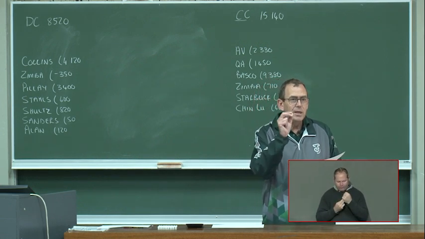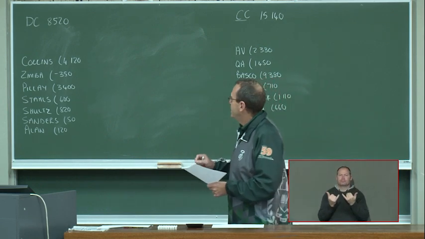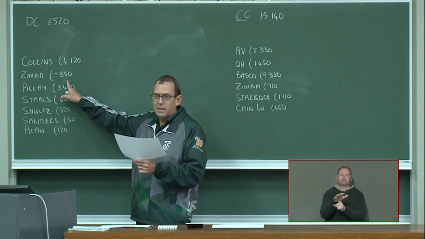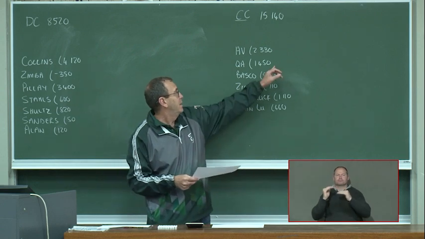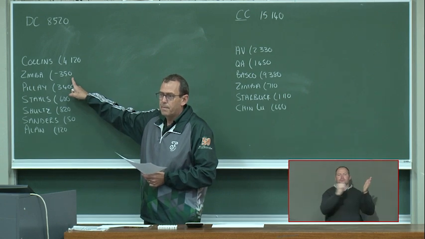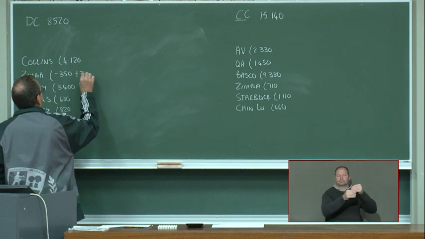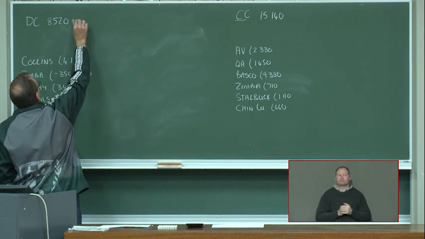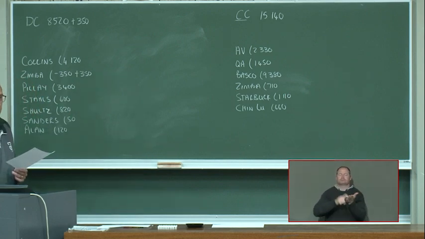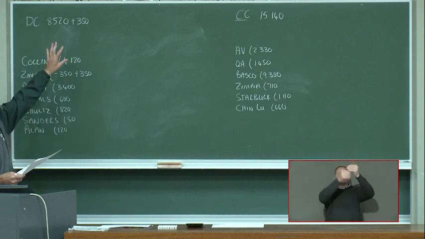And in this case, there must be an entry made, so that will influence both. Am I right? Now let's see, Zimba has a credit balance, and that credit balance in the debtors ledger must be transferred to the creditors ledger. So how will we take it out? If that's on the credit side, we will debit, we will add the 350, am I right? And if we add 350, we know we must also add 350 to our debtors control, right? If I add it here, I must add it there. If I subtract here, it must subtract it there.